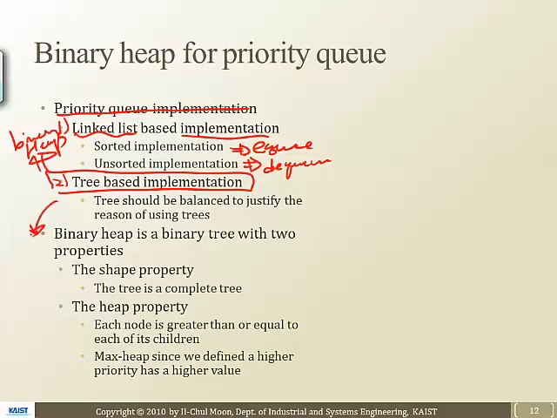So binary heap has two properties. The first property is the shape property. The reason why we are using the tree-based implementation is basically to make the data structure more efficient in terms of the big O notation, right? So to justify using the tree structure, it must be balanced. It must be balanced. And in the previous lecture, we already talked about the balanced tree